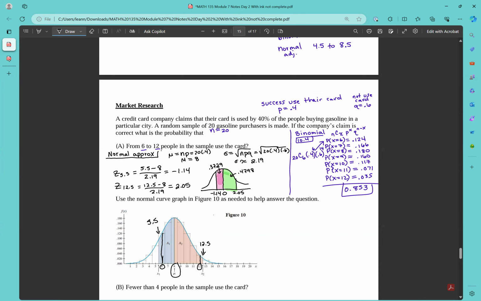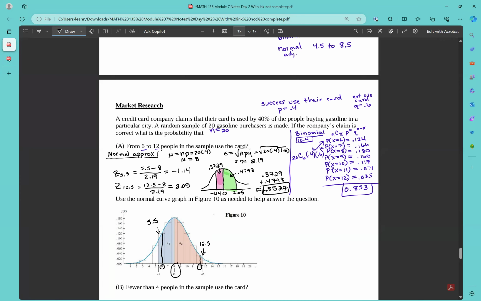I want the area between the 2 endpoints. So I want to add my pink and my green. So 0.3729 plus 0.4798. That equals 0.85. It rounds to 853, but if you add it right now, let's see, that's 7. Carry the 1. It's 8527. That's the actual normal approximation. Notice when we did the binomial formula, we got 0.853, but notice this rounds to that. So that's why the normal approximation is a great way, if you're allowed to use it, to get away from